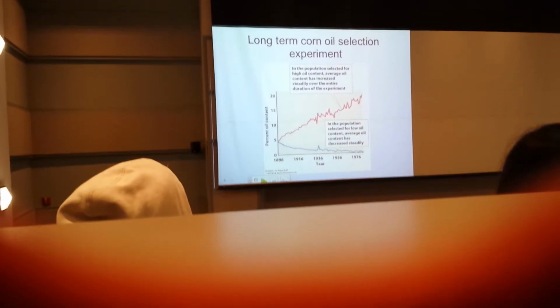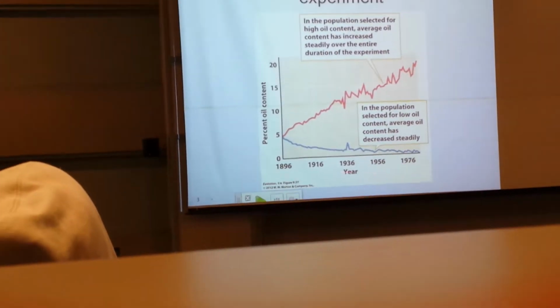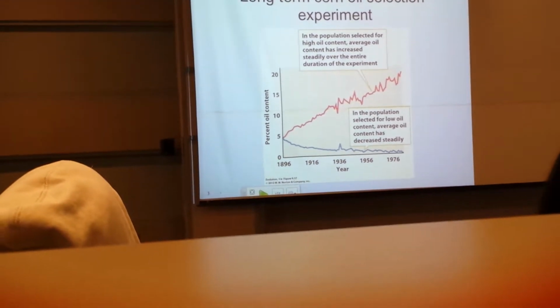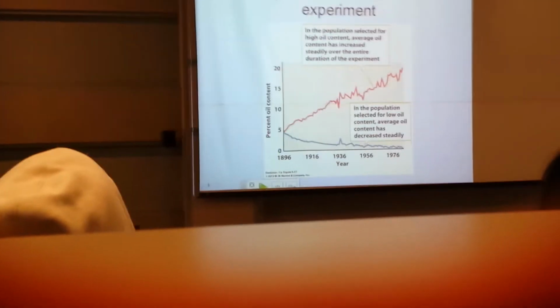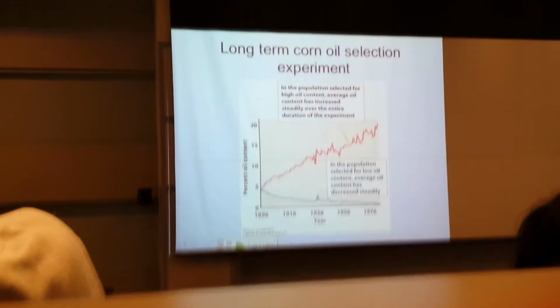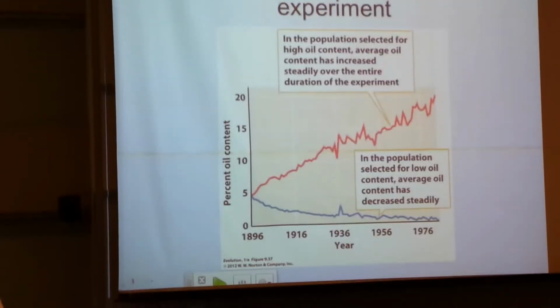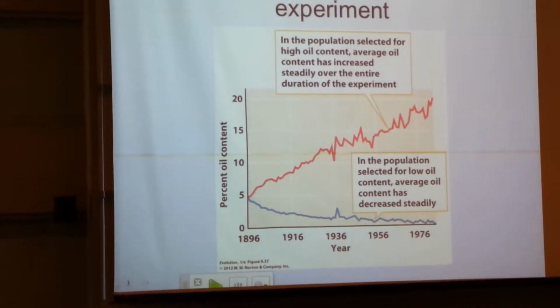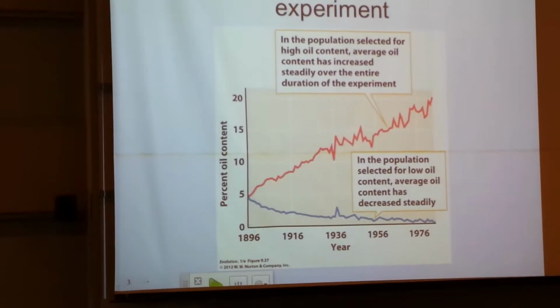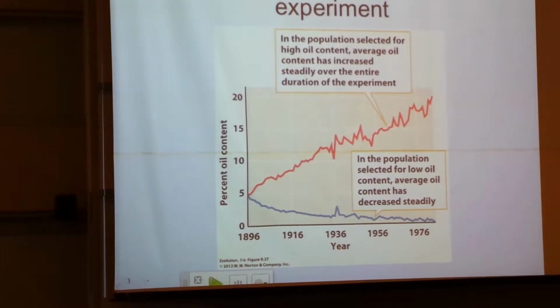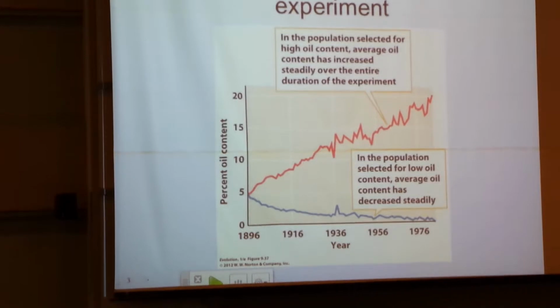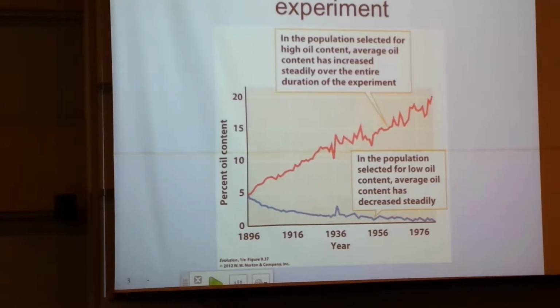These are our data from the experiments. So we have percent oil content on this axis, and the oil is in corn. The experiments in this case took a tank of corn, and then each year they divided out some of the kernels that have the highest oil content and used those, and then others that have low oil content and used those. And what you can see is that over 100 years, of course, corn is an annual plant, so